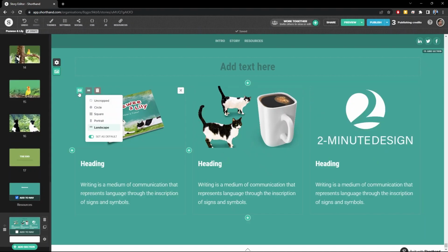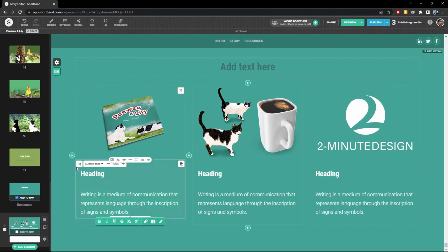Now click on this crop button, and here you can crop the images to a circle, square, portrait, landscape, or just leave it uncropped, which is what I'm gonna do. Also, I'll delete the text, both the heading and the paragraph,